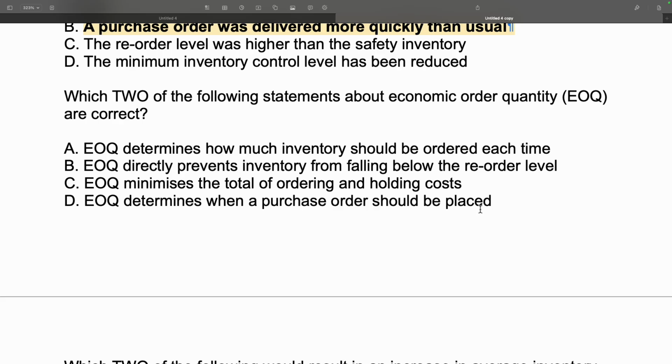Which two of the following statements of EOQ are correct? So I hope you still remember the EOQ formula. Still remember the EOQ formula? Still remember the formula, guys? Yeah, I hope you remember the formula. Okay, good. Right. So here, the answer is going to be